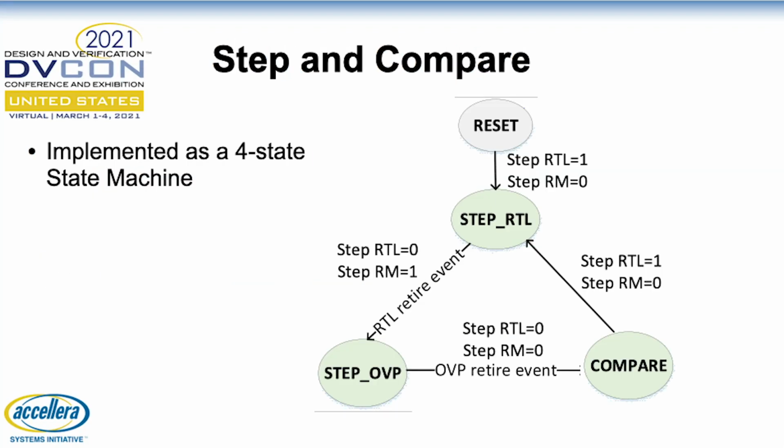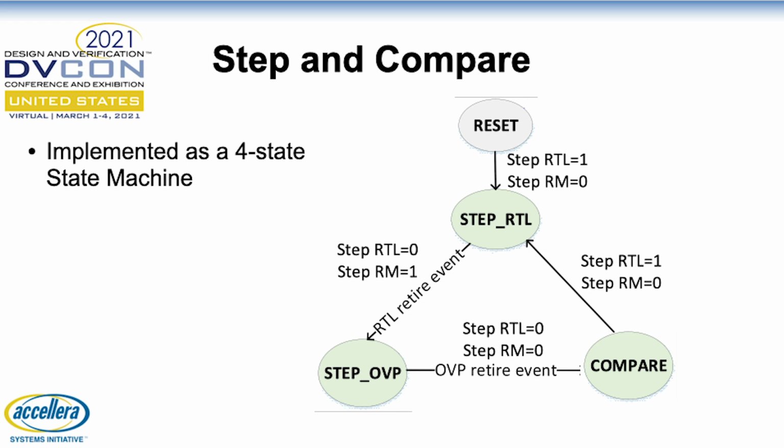So step and compare is implemented as a simple four-state state machine. The simulation begins with step RTL equals 1, which causes the RTL to be clocked. Once the RTL retires an instruction, indicated by the RTL retire event, which is coming from the tracer, the reference model will be commanded to step until a reference model retire event, in which case we then go to the state compare. Once both the reference model and the RTL have retired an instruction, the results can then be collected and